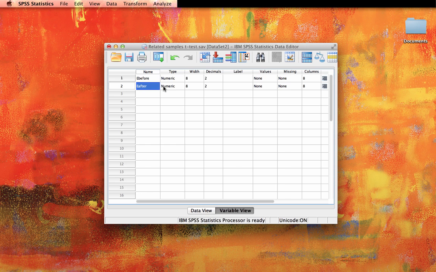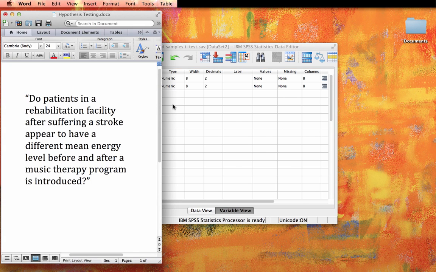As with other hypothesis tests using SPSS, it is still important to go through all of the steps of a hypothesis test, although you will only use SPSS for the calculations component of your test, including the basic descriptive statistics from your groups, finding your test statistic and associated p-value, and constructing a confidence interval in a two dependent samples t-test. Starting our hypothesis test, our research question will be, do patients in a rehabilitation facility after suffering a stroke